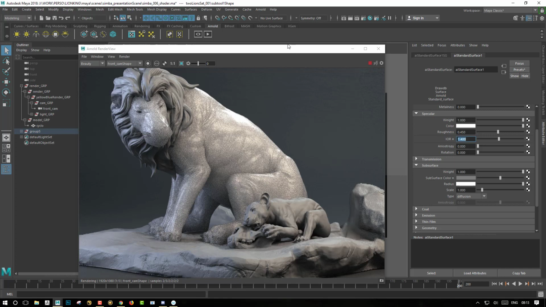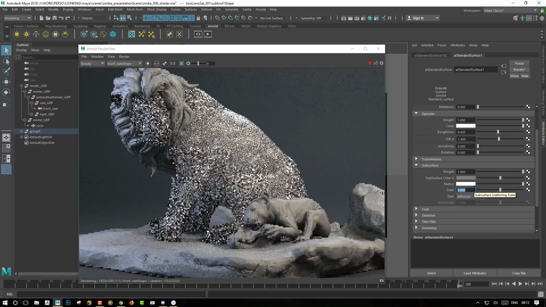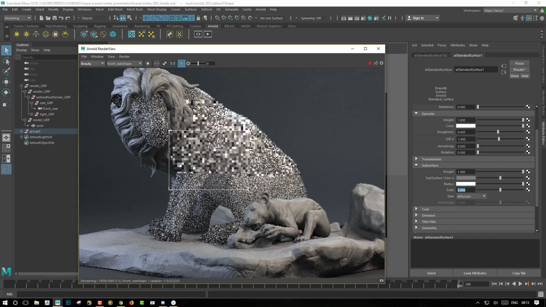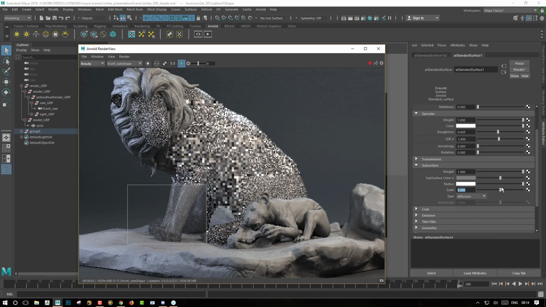But for the moment, we can just lower or raise the value of the scale. I think that the higher we go in the scale value, the lower SSS we will get. So let's have a look at this part for the moment. I will raise up this number and it will start blocking the SSS effect.